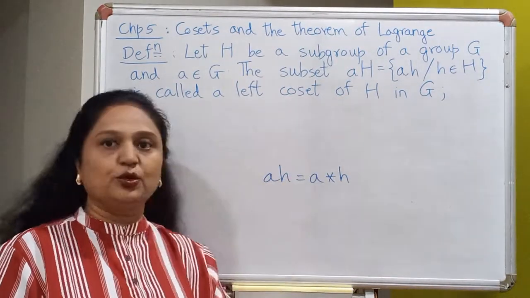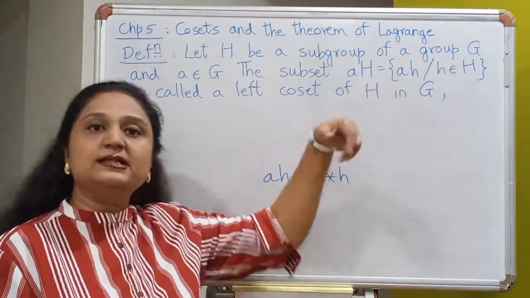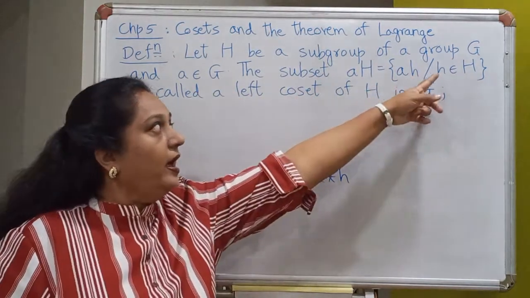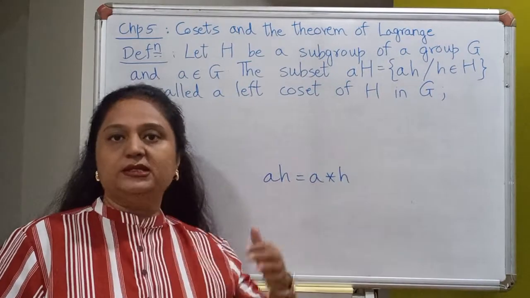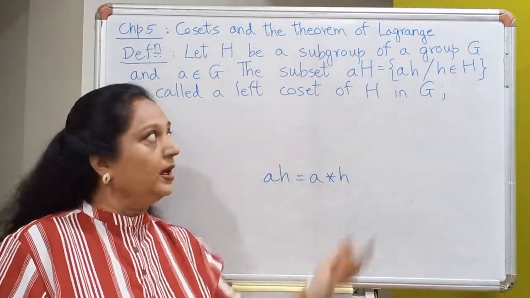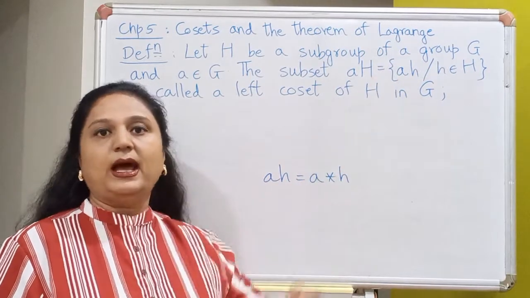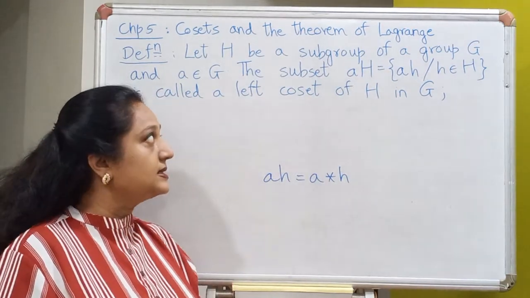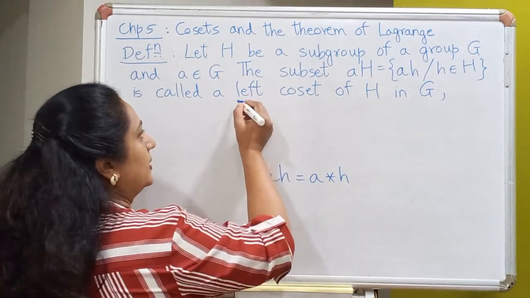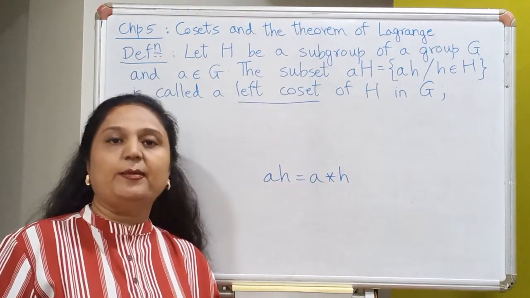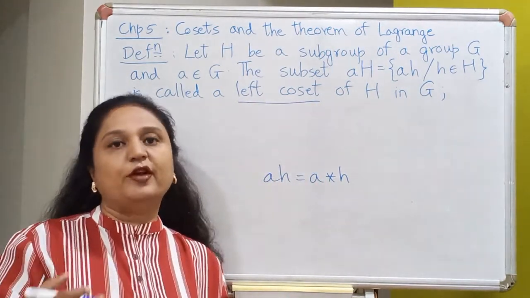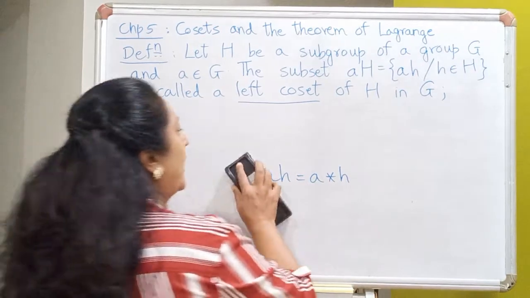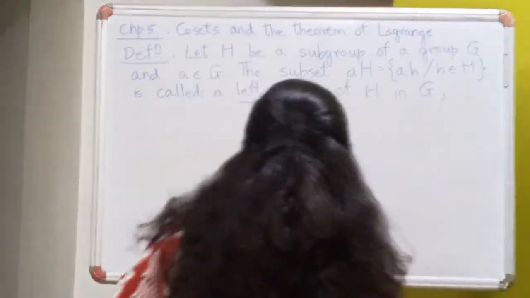So this is the meaning we give to AH, and also we have called this set a subset of G. That is fairly obvious because the element A lies in G. Every element of capital H will also be inside G, and therefore by closure property, every such product will lie inside capital G. So we call this a subset of G, and this subset is called a left coset of H in G, obviously because we are multiplying every element of the subgroup H from the left with the element A. Similarly, we can define a right coset of H in G as